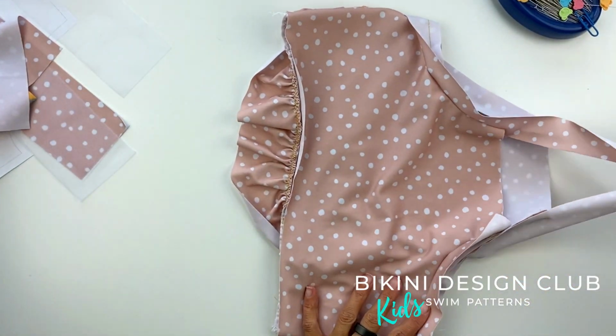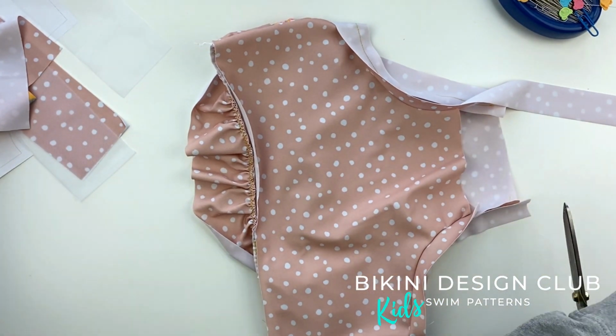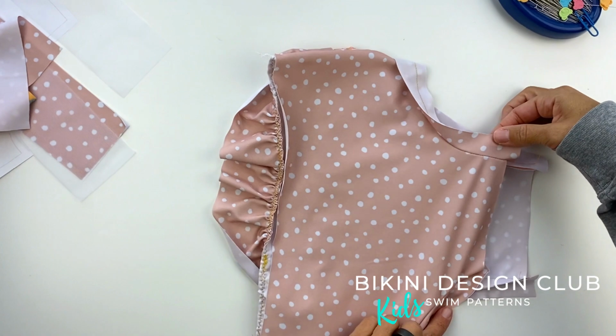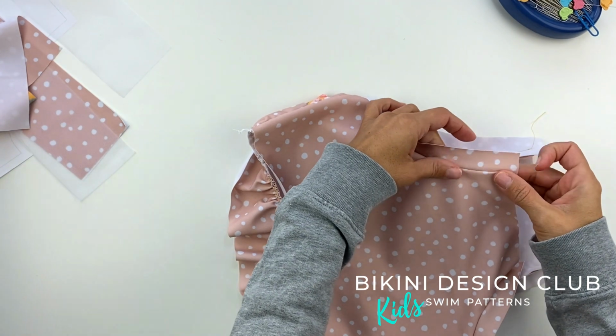When I was doing the tutorial, I didn't cut the straps with the measurements from the pattern that are mentioned. I just cut them longer, and now I need to trim them. But you will not have such excess fabric as I had. So we now have this on both sides, and I'm going to do two finishes so that you can see